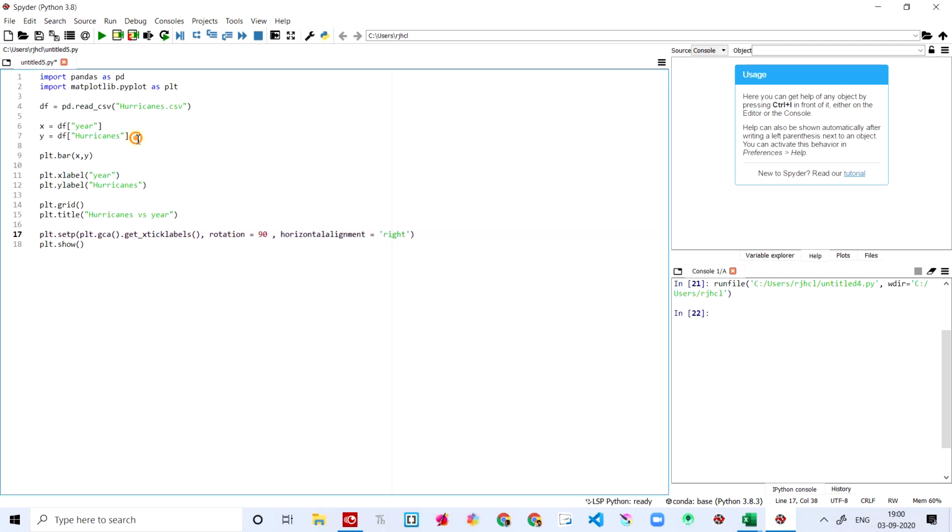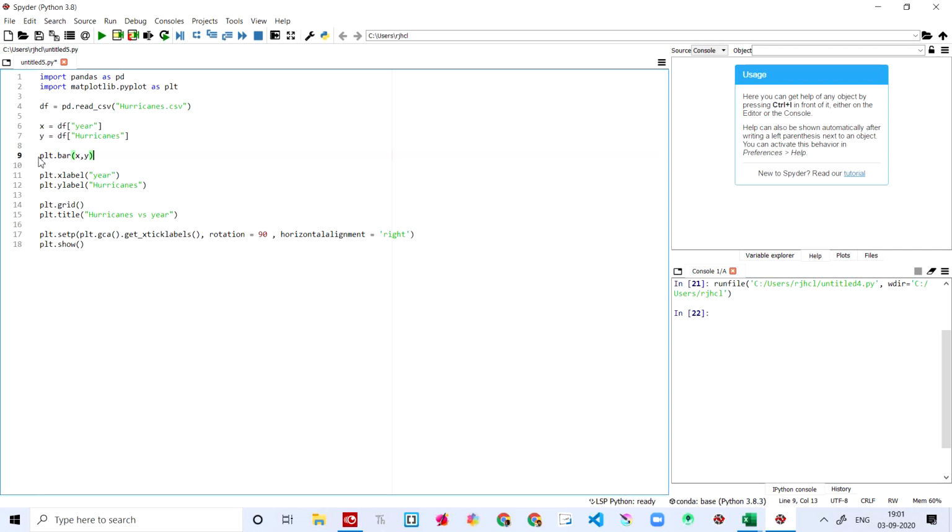So over here we are basically saying x-axis. Let's see what code we wrote from the start. We have imported pandas and matplotlib, and then we are reading the file called hurricanes that I have not created. You can create the data, put the data inside it, and you have to give the name that you have put, .csv. And then in the x-axis you're going to put the year, and in the y-axis you're going to put the hurricanes.